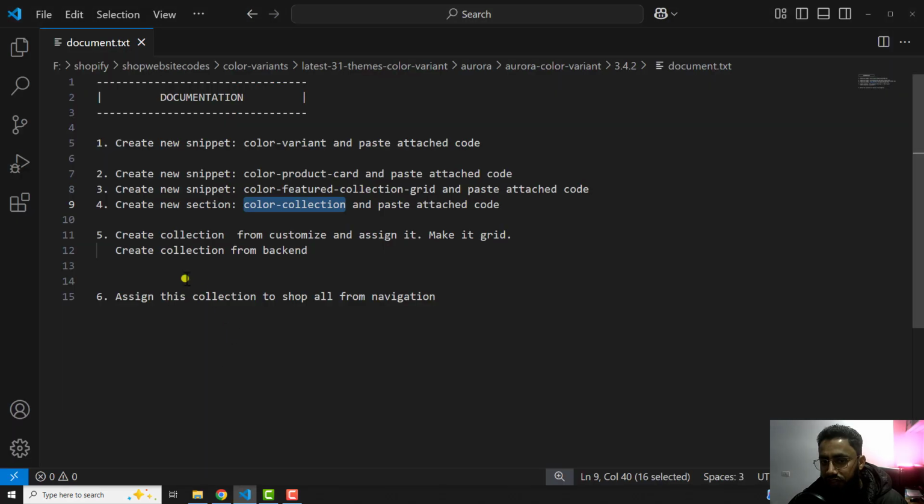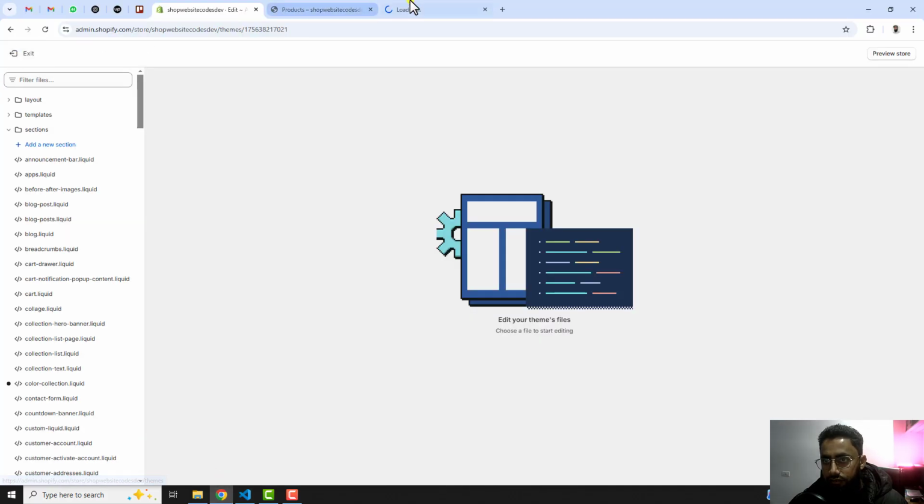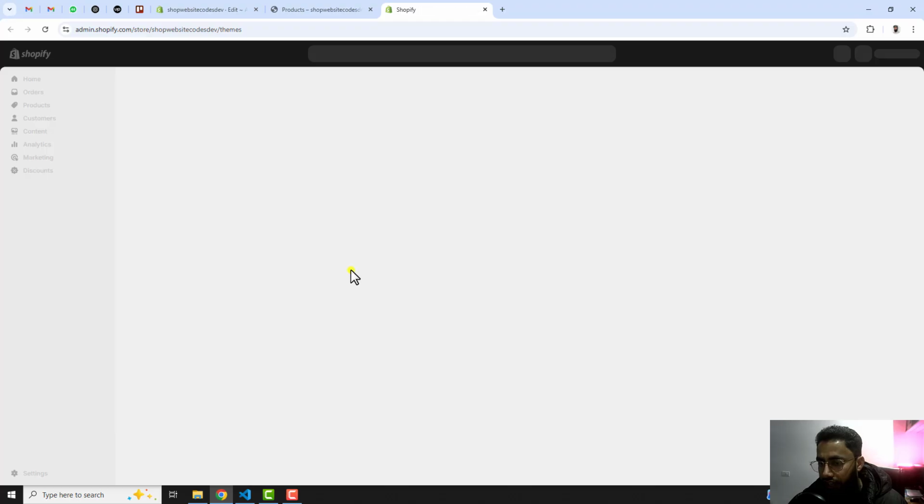And let's move ahead with the fifth step, which is create collection from customize and assign it, make it grid. So this collection we need to create, and one more collection we need to create from backend. So let me tell you what exactly I mean to say. So you should create a collection from customize, which means you should go back here in the dashboard again,